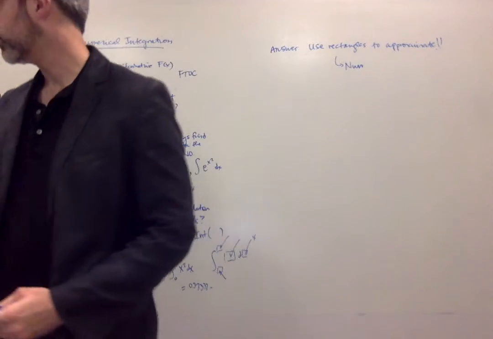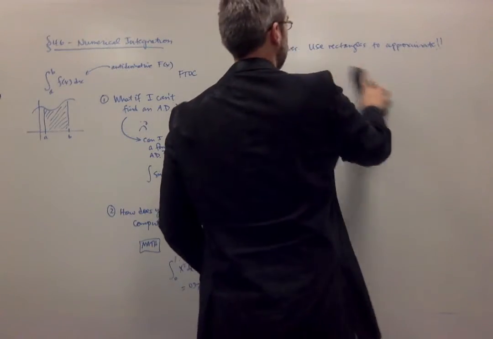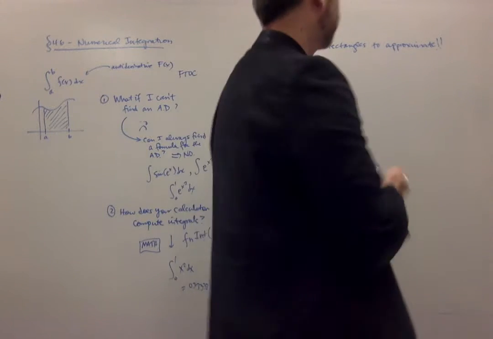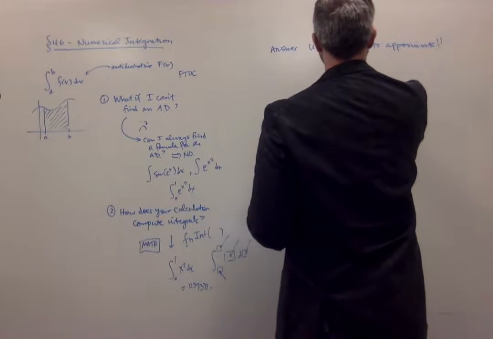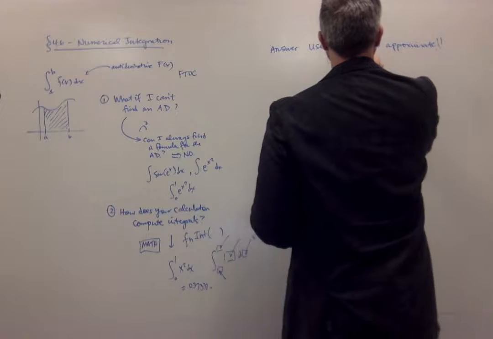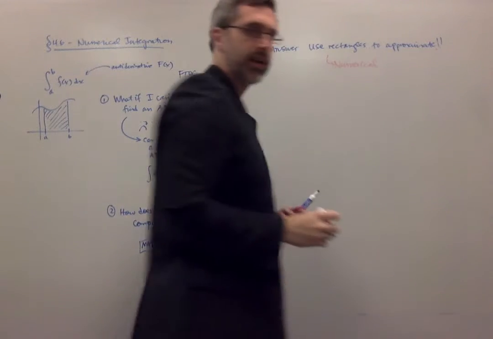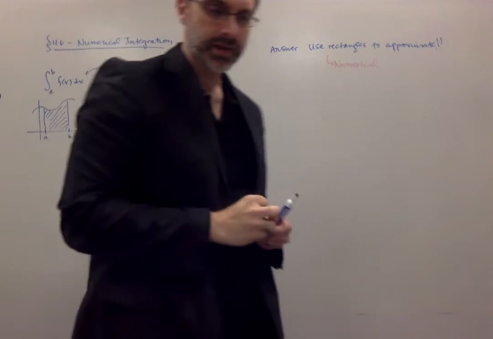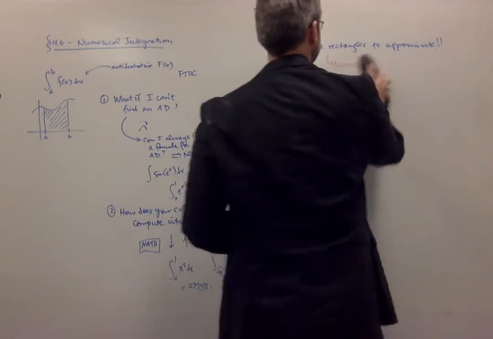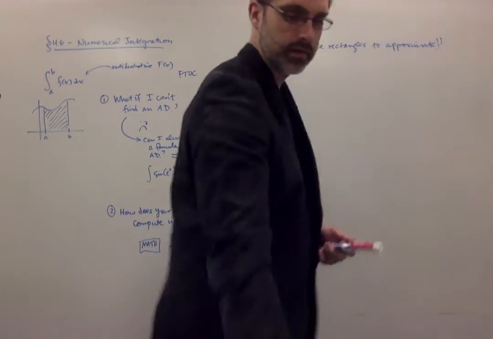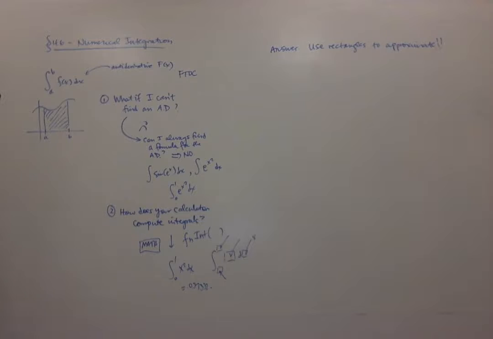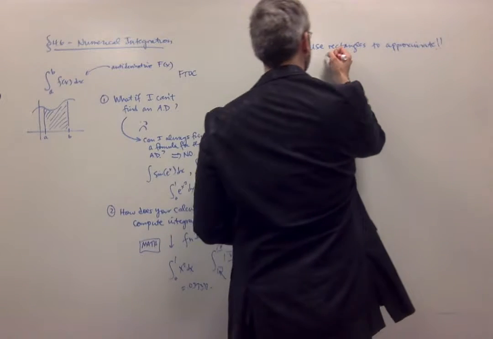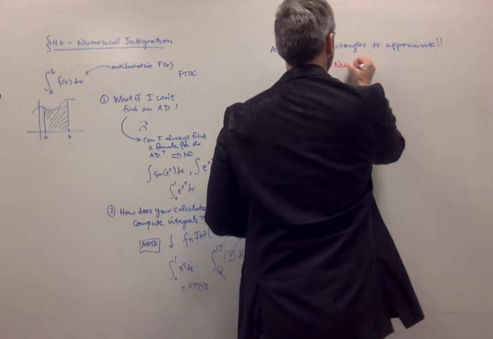Do this in a different color here. This is called numerical integration. Can you see that? That's pretty bad. Let's not do that. Let's see if I have a better pen. There we go. Numerical